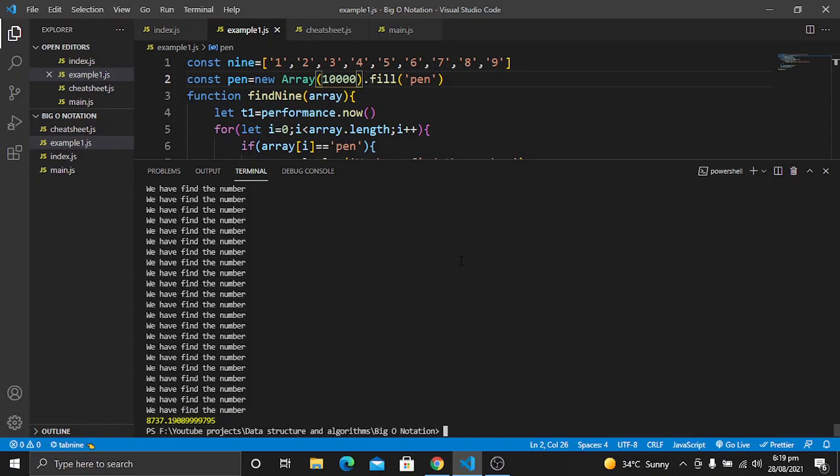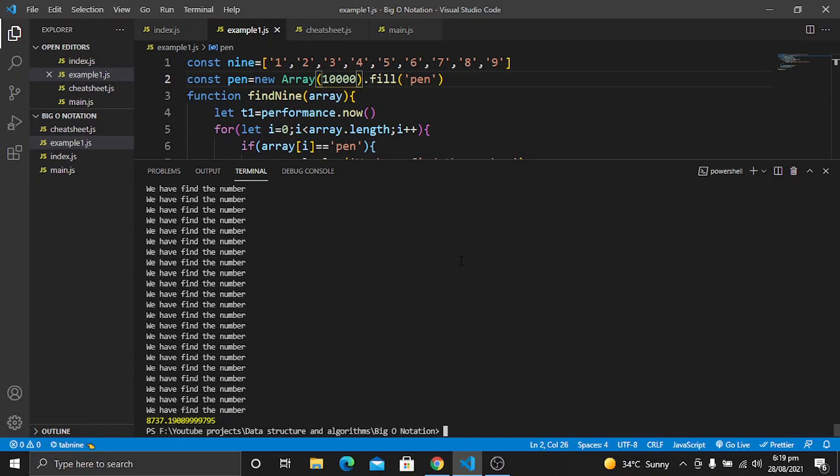So you can clearly understand the difference when our database grows, how important it is to write code that doesn't grow. For example, we don't want to make our code something like this, that if our input grows, or if the argument or the database grows, our code simply takes a lot of time to run that code, or to run that function.